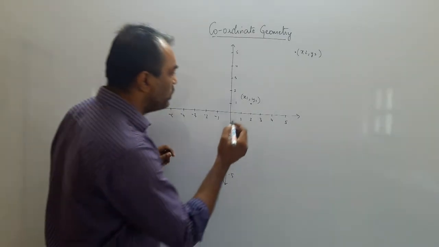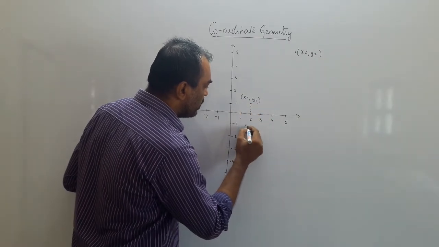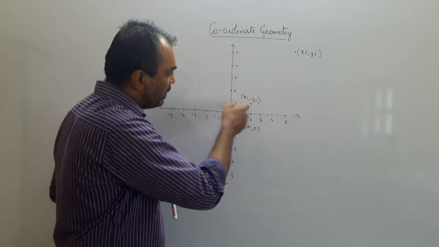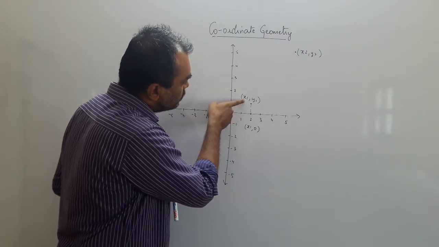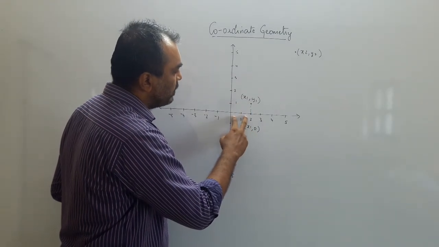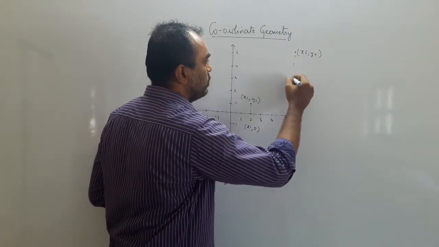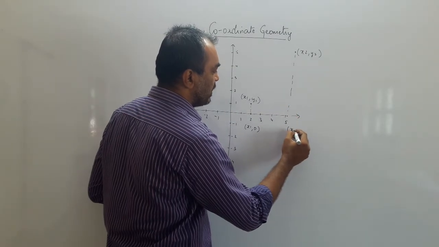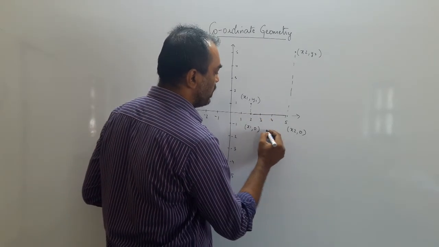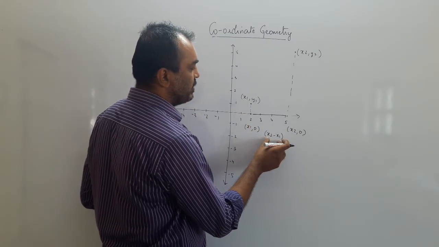Now for the derivation, I draw a line parallel down here. So this coordinate is (x1, 0). What I did, if you follow, I drew a vertical line from here, the foot of the line on the x-axis. You can see this point was 2 steps to the right, this point is also 2 steps to the right, but now I brought it to the bottom, so it becomes (x1, 0). And when I bring this one down, this becomes (x2, 0). So I brought both the points onto the x-axis. Now what is the difference between these 2 points? I can write x2 minus x1. So the distance between these 2 points is x2 minus x1.